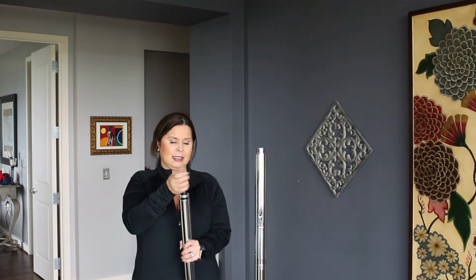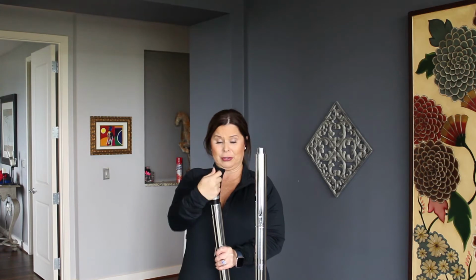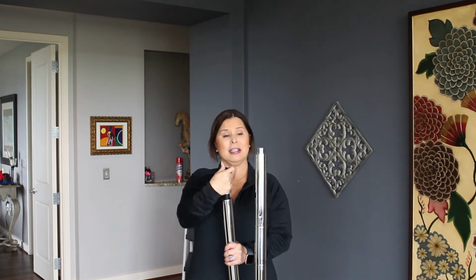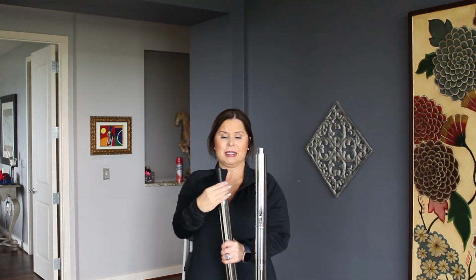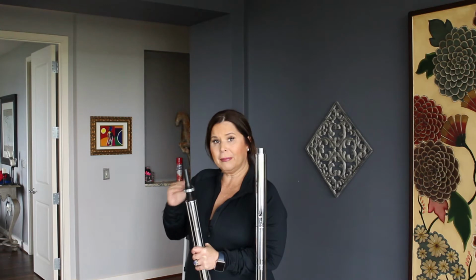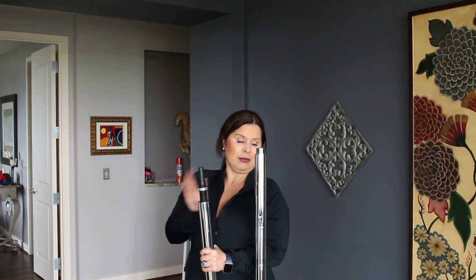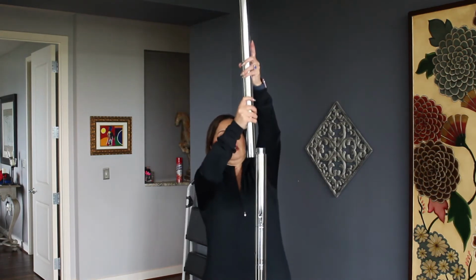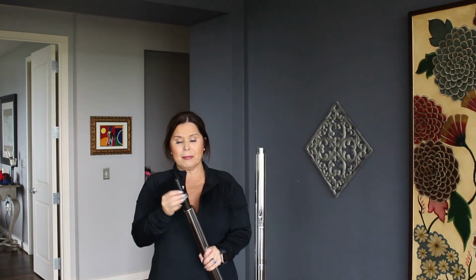Now, I know how tall my ceilings are, so I'm going to unscrew this a bit, just because when I get up there with the dome on top, I don't want to have to do all that work. And you can kind of determine how tall you're going to need this piece. So see how I'm unscrewing this black portion? If your ceilings are nice and low, then this probably may be kind of flush, but this is how you adjust the height of the pole without using another extender. So let's see where I am, so I can go up just a little bit more. Remember, make room for the dome,